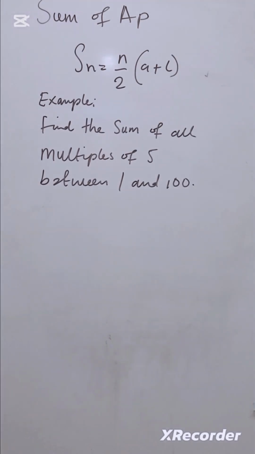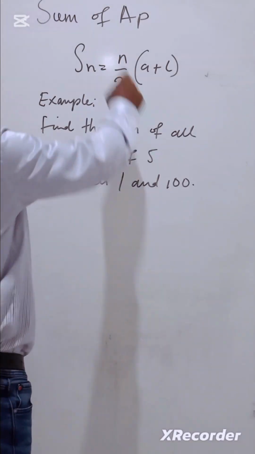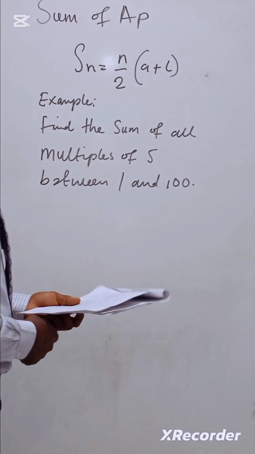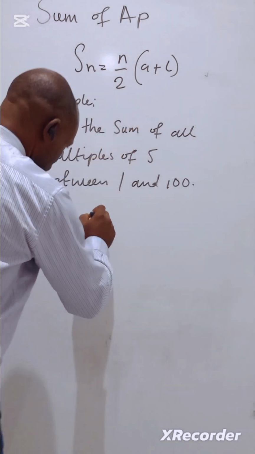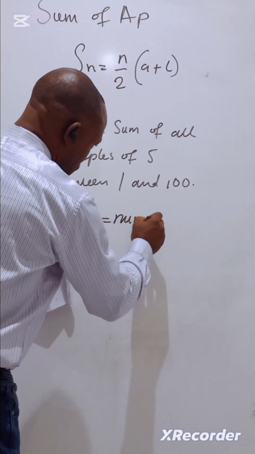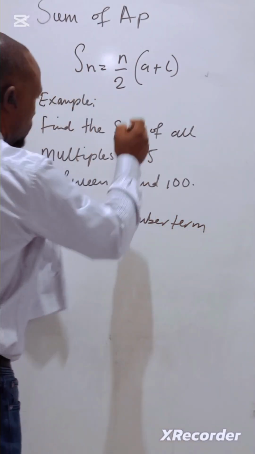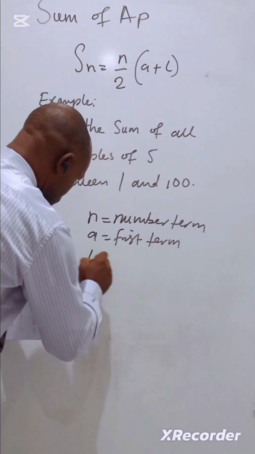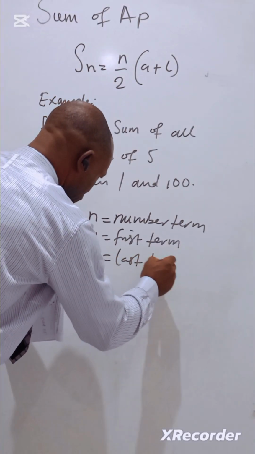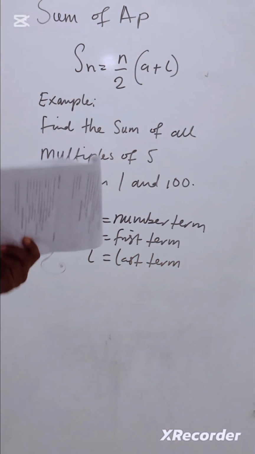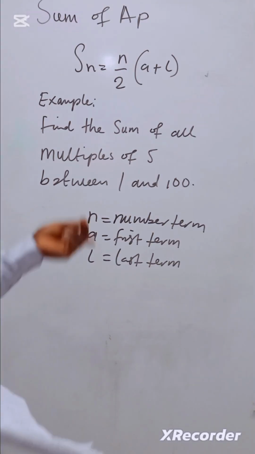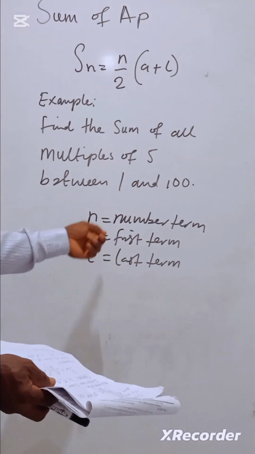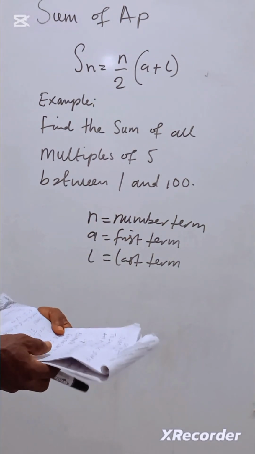There is another scenario where we are asked to look for the sum of an arithmetic progression, or the sum of n terms, where the values provided are n, which is equal to the number of terms, a, which is equal to the first term, and l, which is equal to the last term. So you don't know the common difference, so you cannot use the first formula we used. So the number of terms is provided, the first term is provided, the last term is provided. So this equation